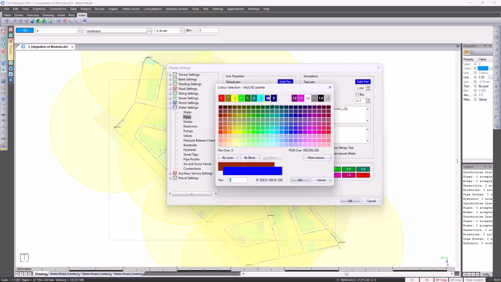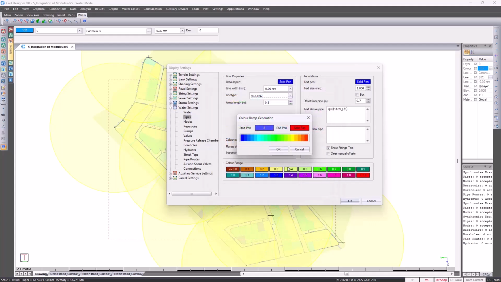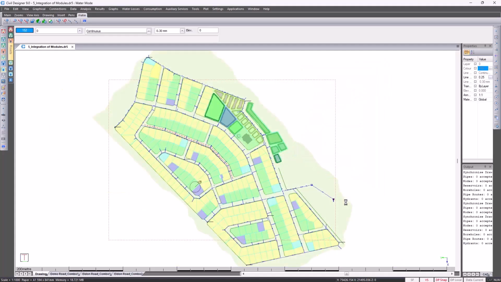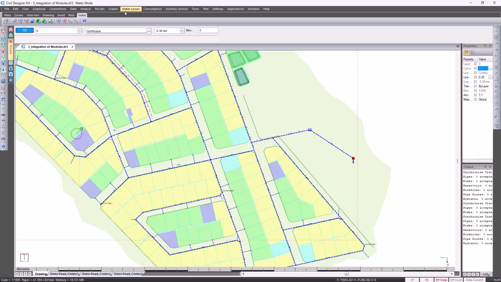Anything with low flows will be blue. Anything with the higher flows will be red. Before we see the changes, we need to analyze. Before I analyze, I want to show you that if we go to